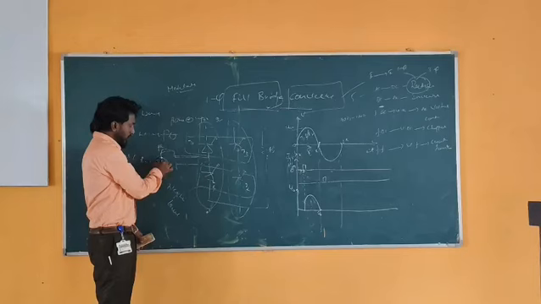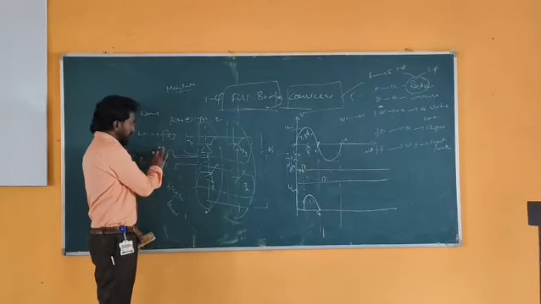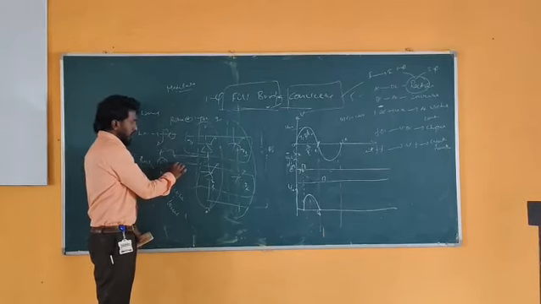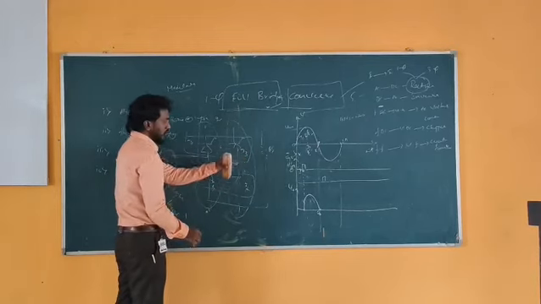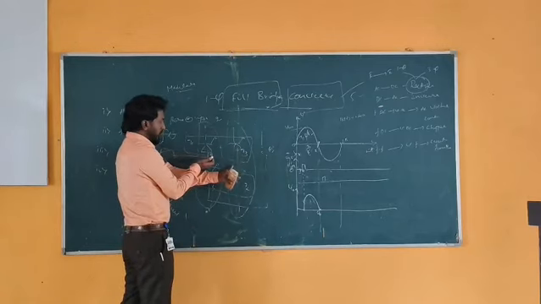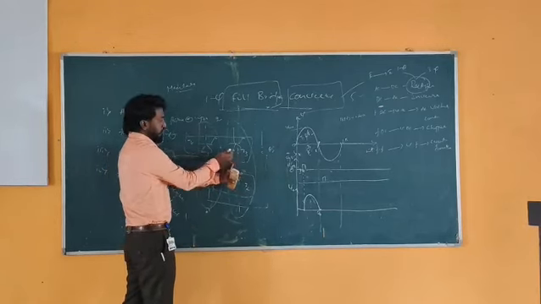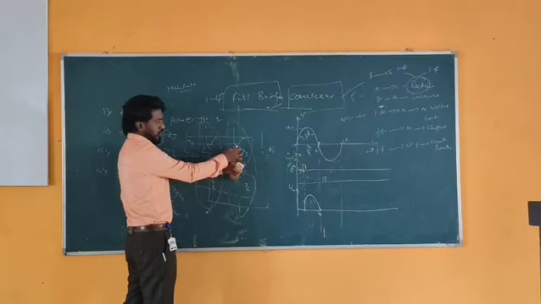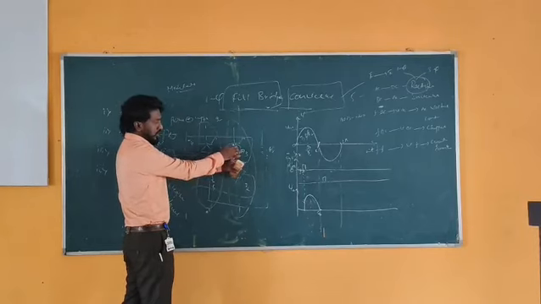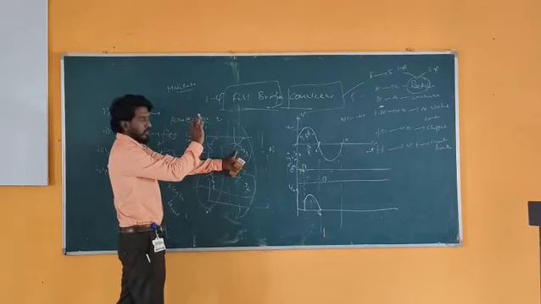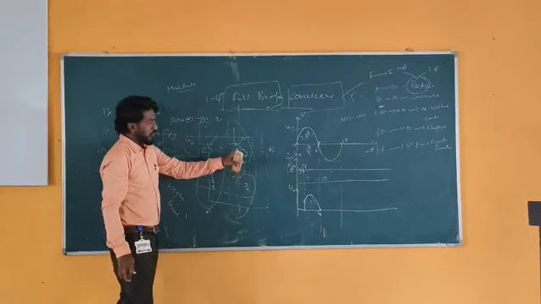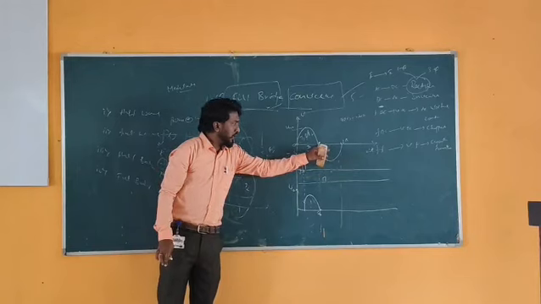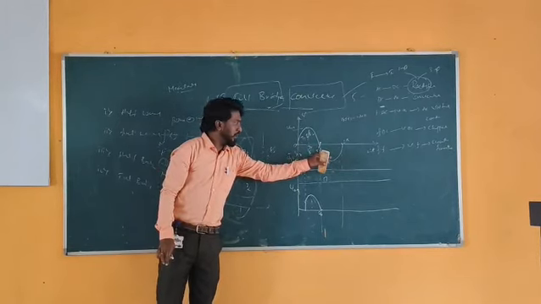Now the current will flow, and this will become phase, and this will become neutral. Now the current will flow in the second leg through thyristor T3. So the current is now shifting from T1 to T3. As soon as the current reaches T3, it doesn't conduct. We already know that the thyristor is a unidirectional device, and again it is a controlled device. We need to give the gate pulse. So now, in the negative half cycle, after 180, the same